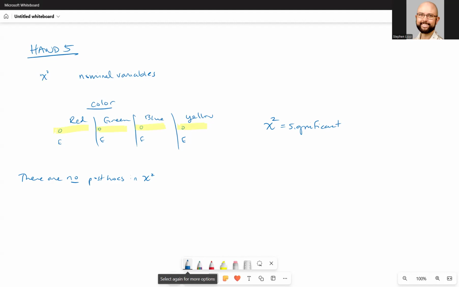Because again, when we look at the formula for chi-square, the greater this difference, the more contribution that is going to be serving in our overall chi-square test statistic. So for instance, if we have 100 people and this is even, expected would be 25 each. But let's say that red is 20, green is 20, but then blue is, let's say 50, and then yellow is 10. Now the observed add up still to 100, but notice that there is a pretty big distinction here